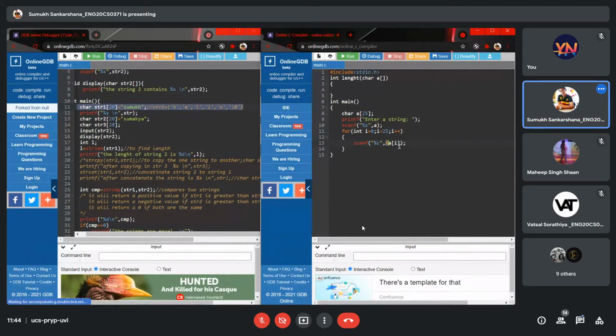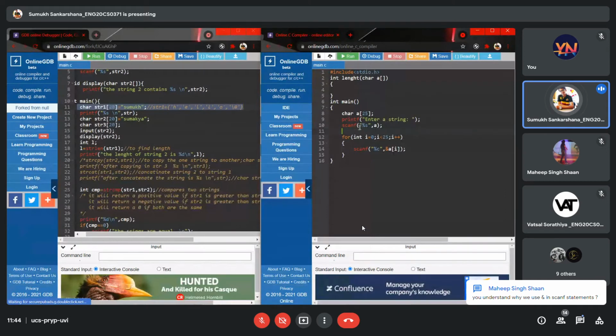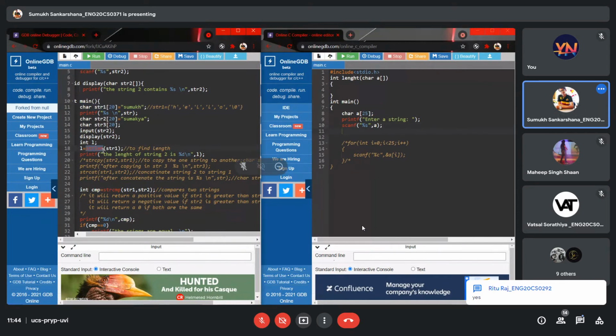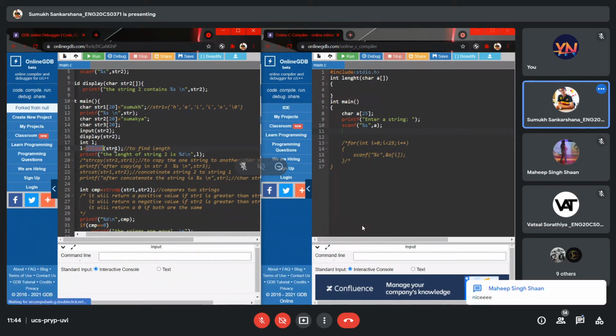All right. Now we know how to take the input character by character. Now our main task after the input is to find the length of the entered string. You guys might ask why we have strlen and why can't we use that to find the length?